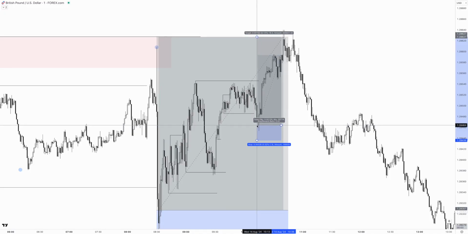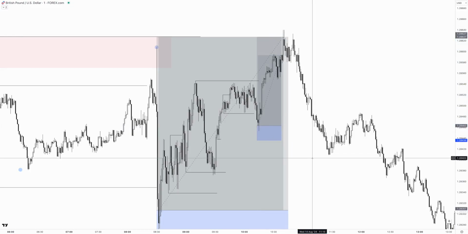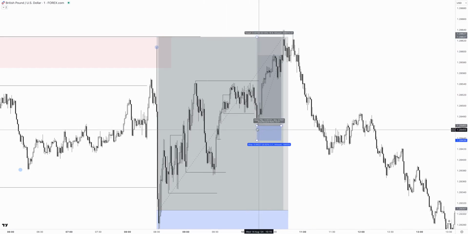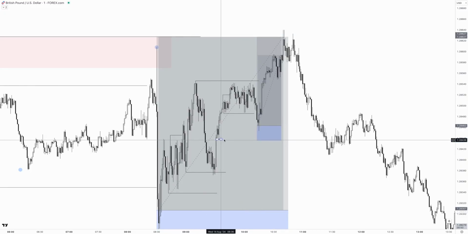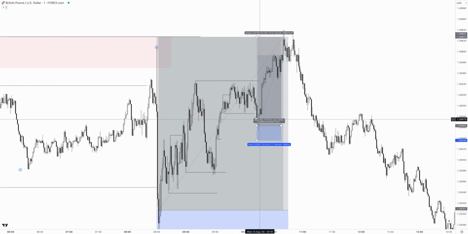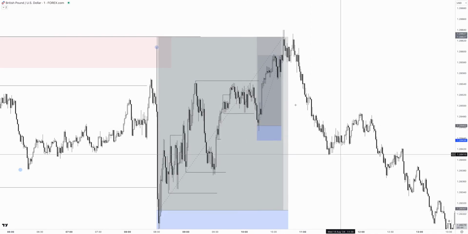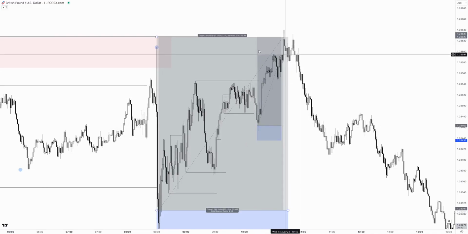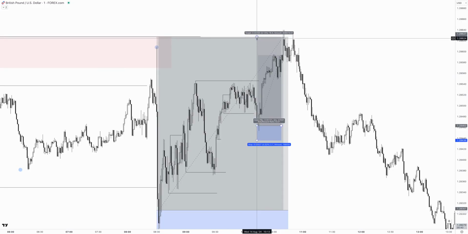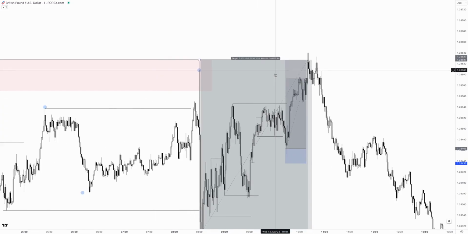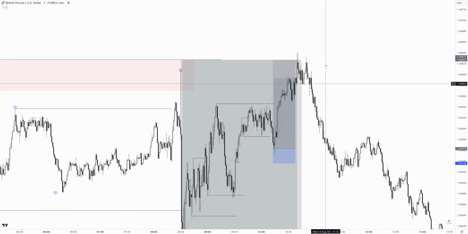Since I was going to drop less than the usual volume I drop, I wanted a smaller stop. For that reason, I waited for a deeper pullback. And yeah, pretty much, I entered right here, keeping my stops below this liquidity block. Buyers were trapped right into the liquidity block, engineered liquidity at the highs, and then I targeted this high, because I knew the market needed to come for these highs, or that's what I was